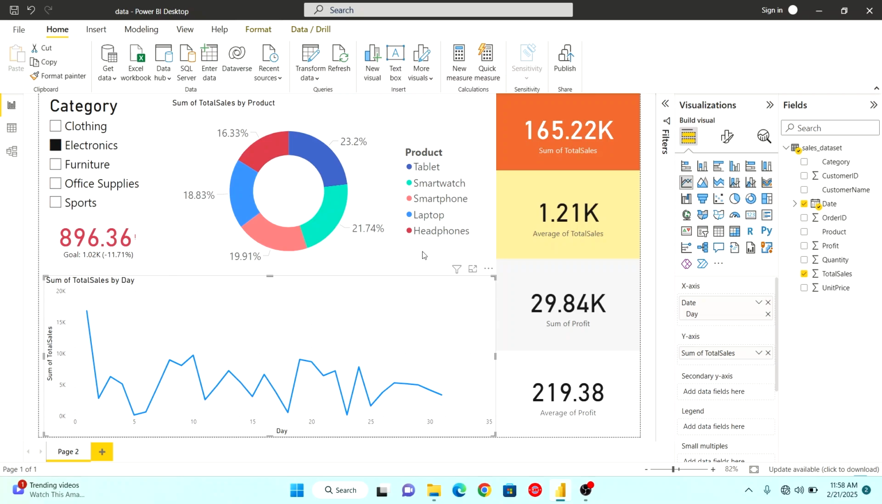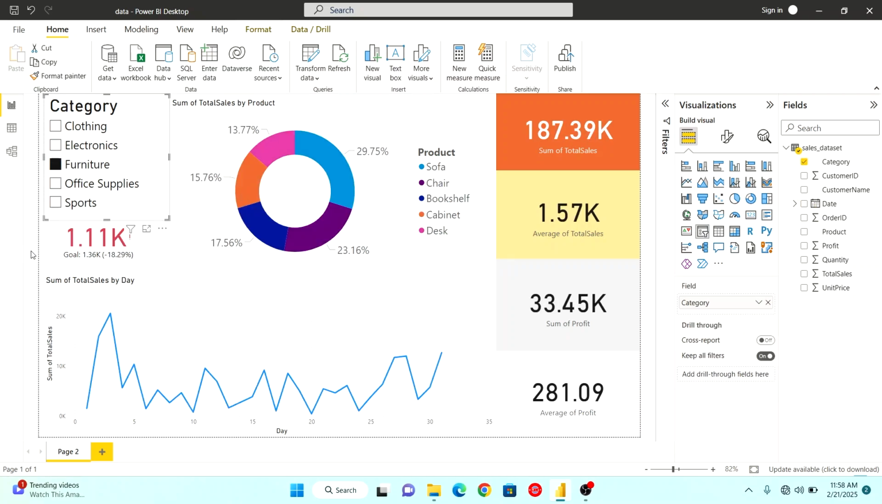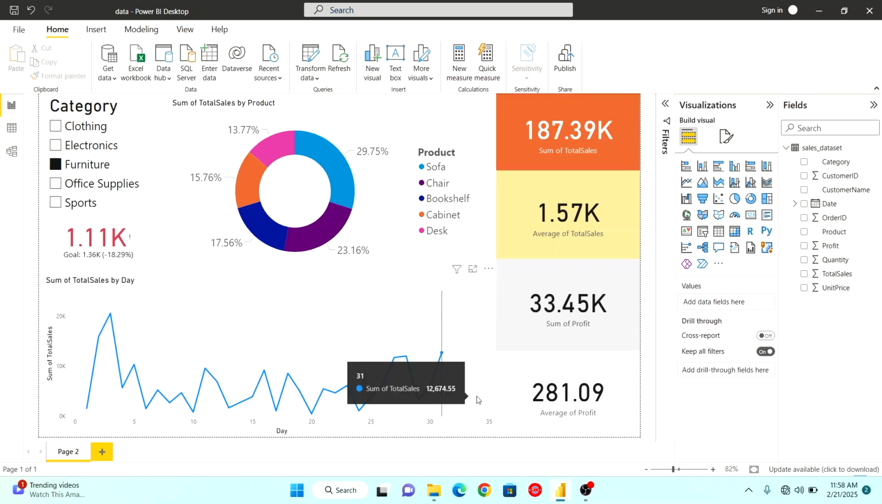So we have tablet, smartwatch. You can also see that we have the total sales for electronics, the average for electronics. Everything here is about electronics. If I go to furniture, we are going to see the same thing, right? So everything here is about furniture. We have sofa, chair, bookshelf, cabinet, desk. And we can see that every other information we have on this visual, including the trend chart, is for furniture,